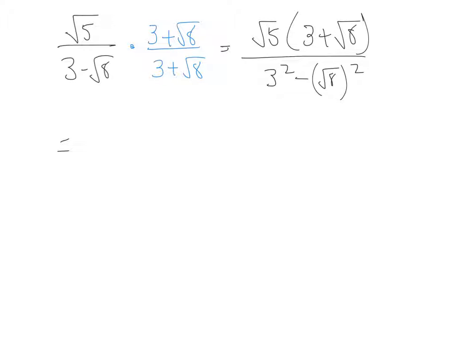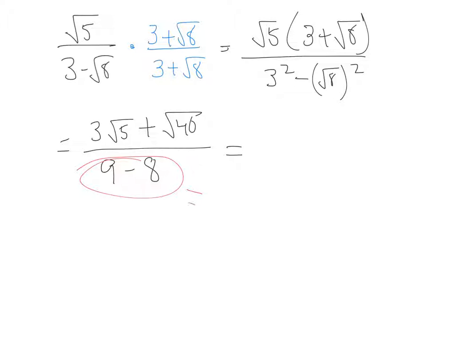And of course the top then is going to be 3 root 5 plus root 40, which we'll clean up in a little bit. And on the denominator we're going to get 9 minus the square root of 8 squared, which is just 8, which gives us a denominator of 1, which is really nice. Since that means the denominator goes away, this right here is just equal to 1. And so what we're going to get is 3 root 5 over 1, which is just 3 root 5, plus